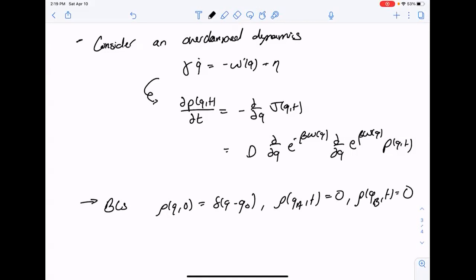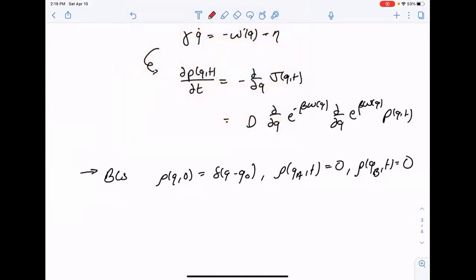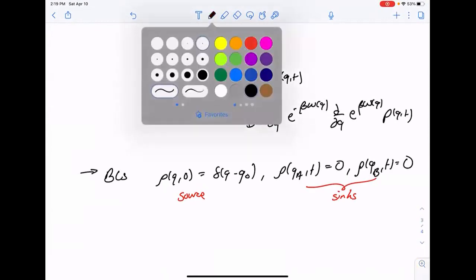So we have some initial source and a set of sinks in the two basins. We can compute the committor